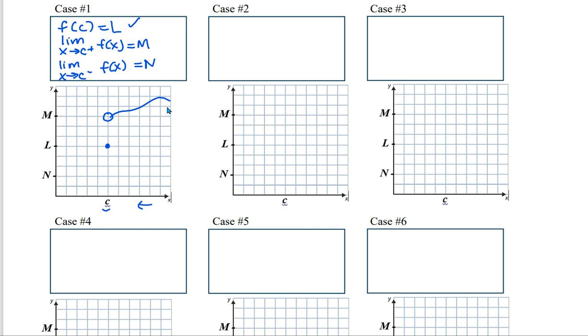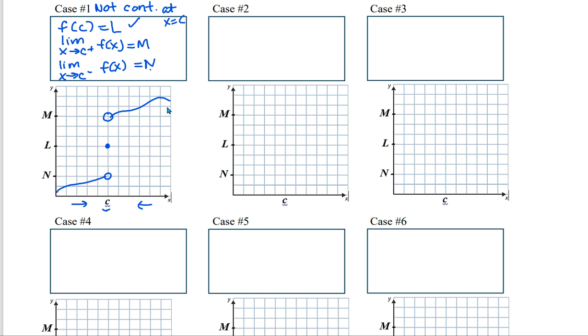The next piece is coming in from the left, and your function is going to go towards n. So the n, again, has an open circle, and we can do whatever we want as a piecewise function. I'm just going to do that. Then we determine, is this particular function that I've described continuous at c? You can see that if you follow this, you would have to pick up your pencil to put this dot and then continue on. So there's a jump in between there, so it is not continuous. We'll write this up here, not continuous,